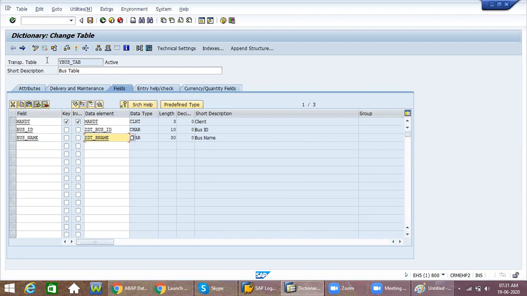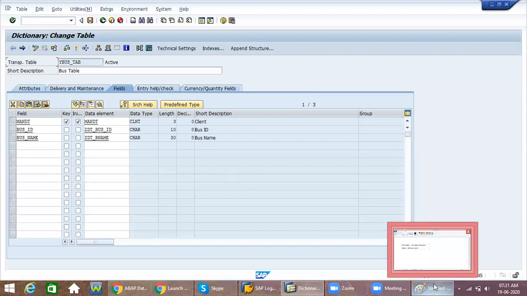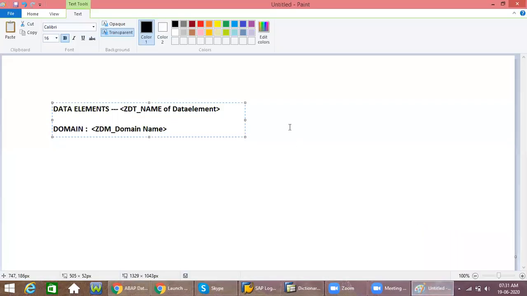It's transparent only. By seeing it itself, we can come to know that this is a transparent table. The system will show it here, even if you are creating a pool table also.